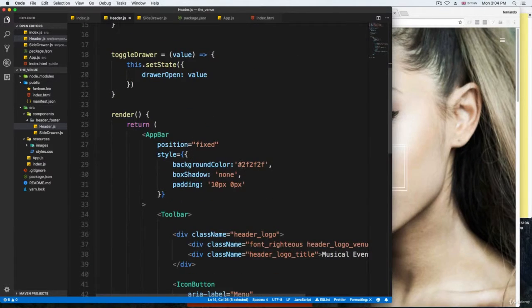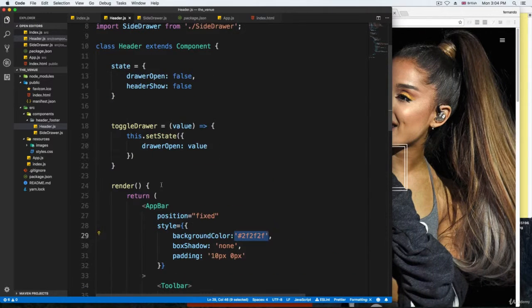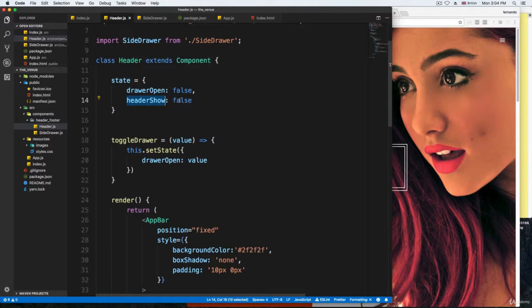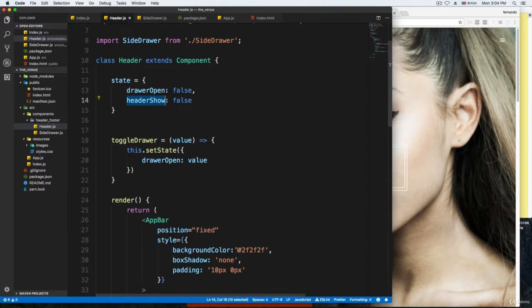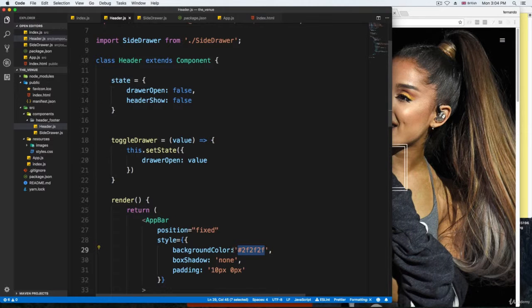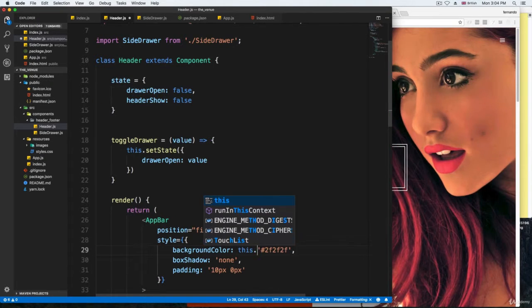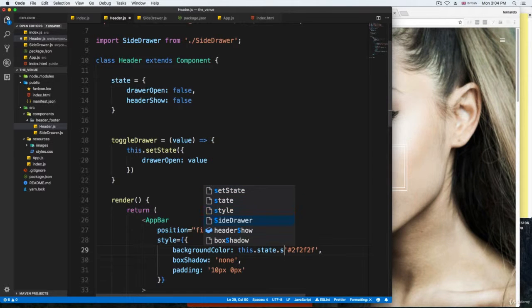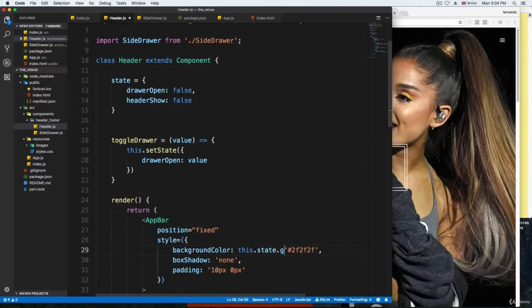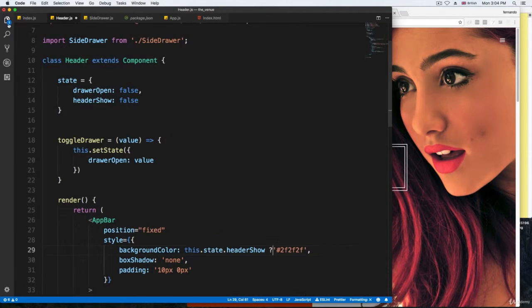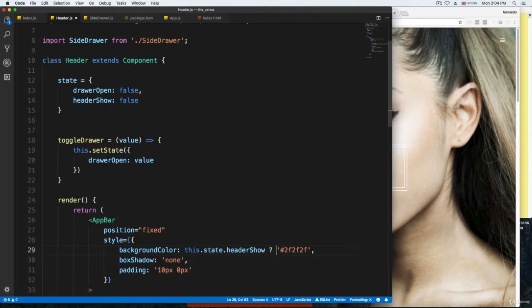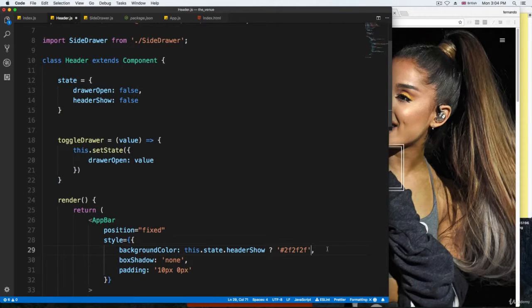Okay. So now right here, instead of just hard coding the color, I could ask the application if header show is false. If it's false, we're going to show transparent, but if it's true, we're going to show a color. So it's going to be this.state.headerShow, and I'm going to use a ternary. So if this is true, we're going to show this color, but if it's not,